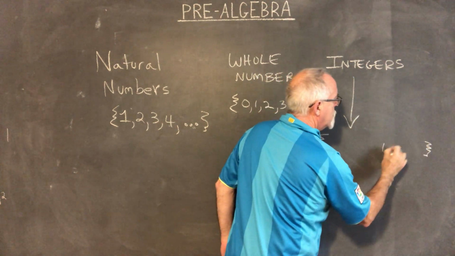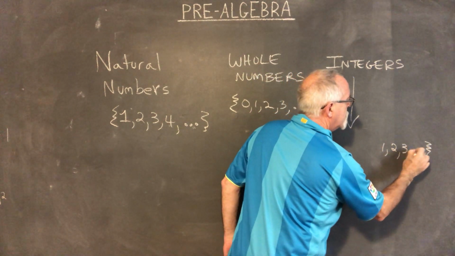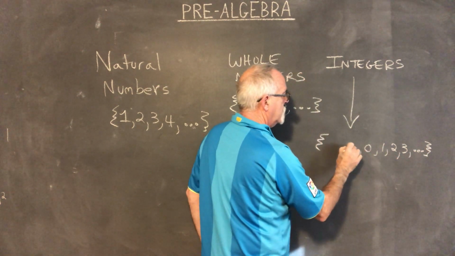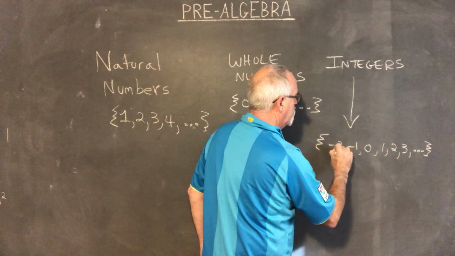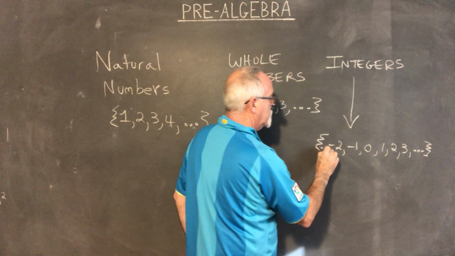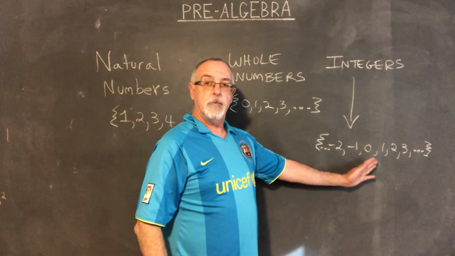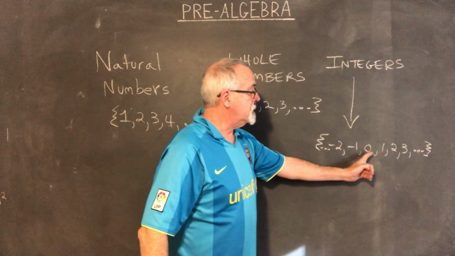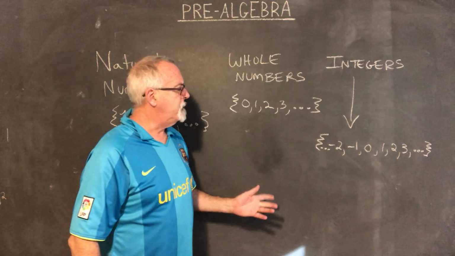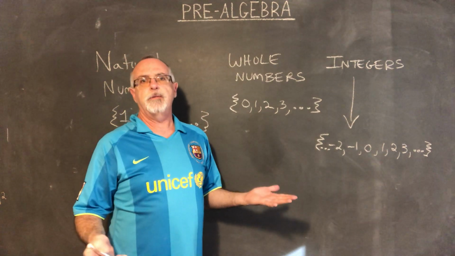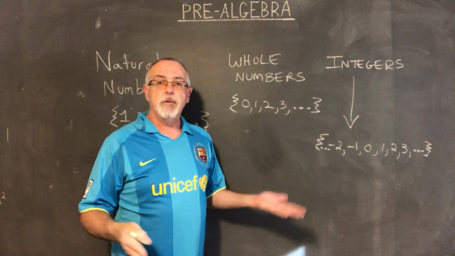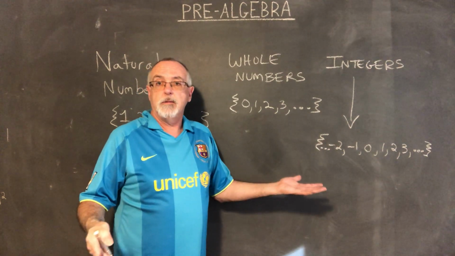I'm going to do the 1, 2, 3, ... thing, but over here I'm putting a 0, and then I'm going to show -1, -2. I ran out of room, so I put my ... So basically it's counting up 1, 2, 3 forever, but also down 0, -1, -2 forever, in a way that's useful, for instance, when you are working with temperature, because temperatures can go into the minus temperature,